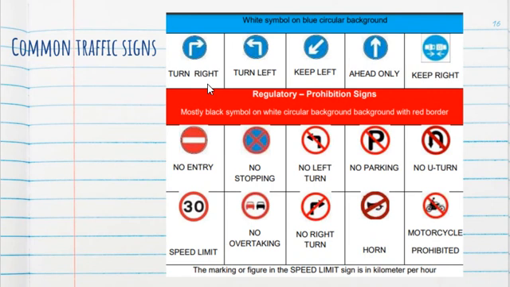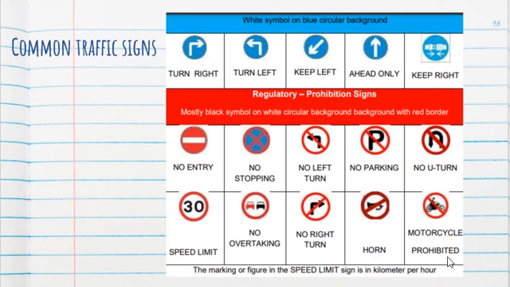Next, we have here the common traffic signs. White symbol on blue circular background. We have turn right, turn left, keep left, ahead only, keep right. Regulatory, prohibition signs. We have mostly black symbol on white circular background with red border. So no entry, no stopping, no left turn, no parking, no U-turn, speed limit, no overtaking, no right turn, no